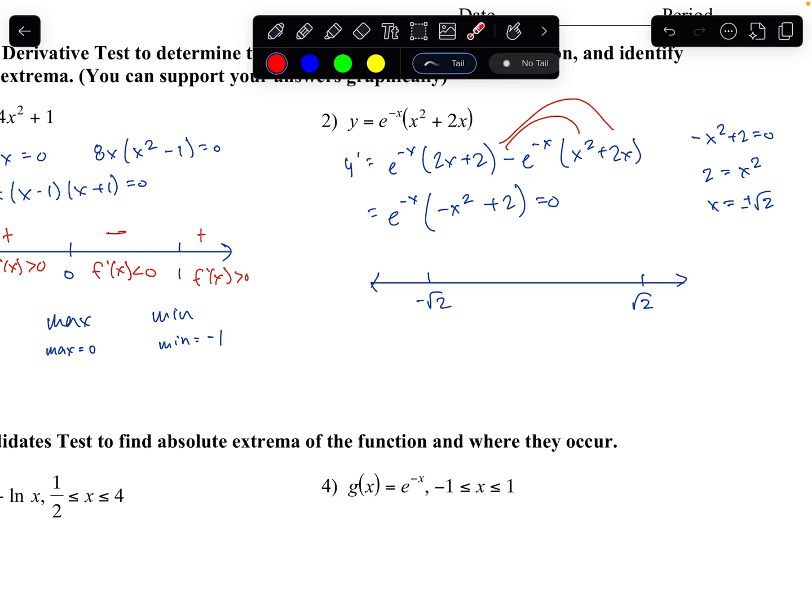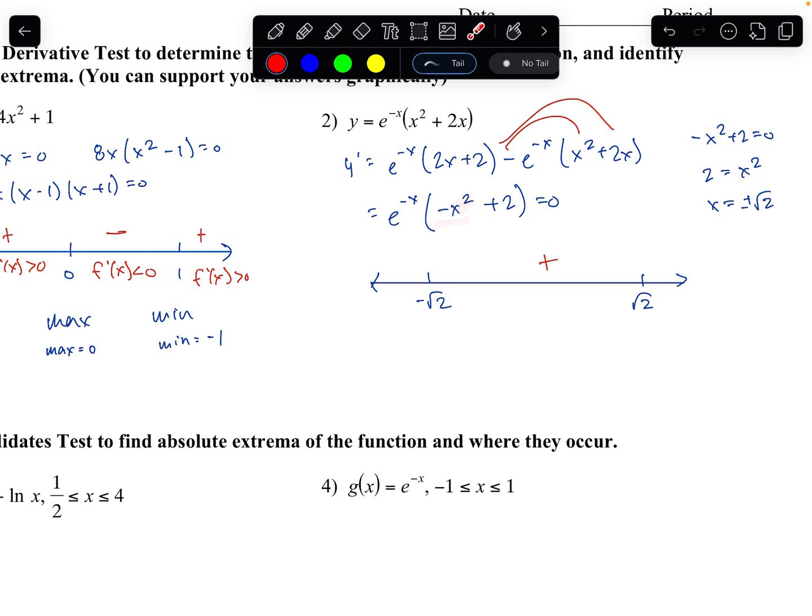So if I plug 0 into the derivative here, e to the 0 power is going to be positive 1, and then that's just going to be 0, so 2. So I think we're going to have positive numbers here. And then if I plug in negative 2, remember that e to the negative x is always positive. Yeah, it's always positive. So then if I plug in negative 2 here, that's going to be 4, but then